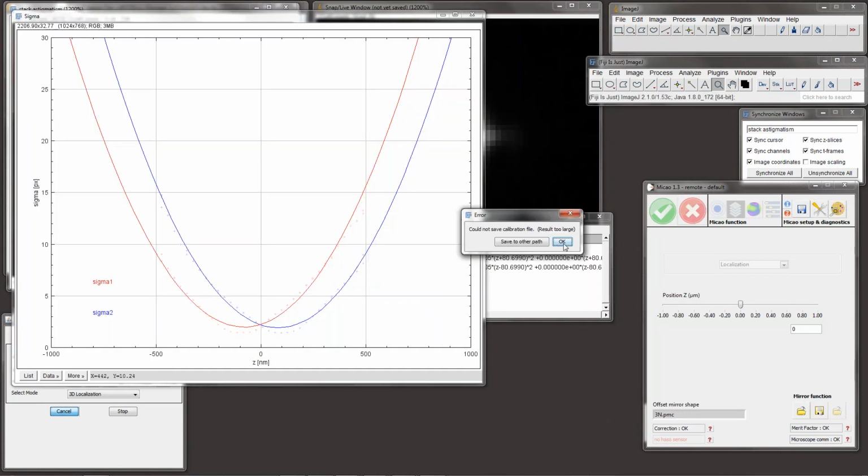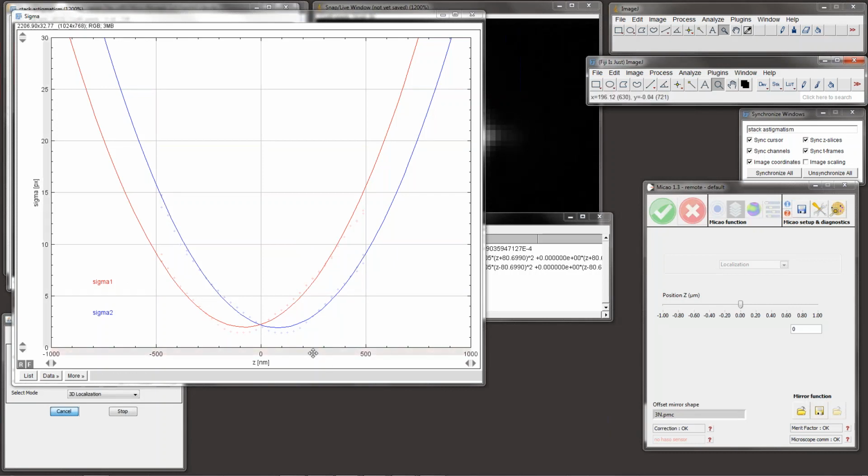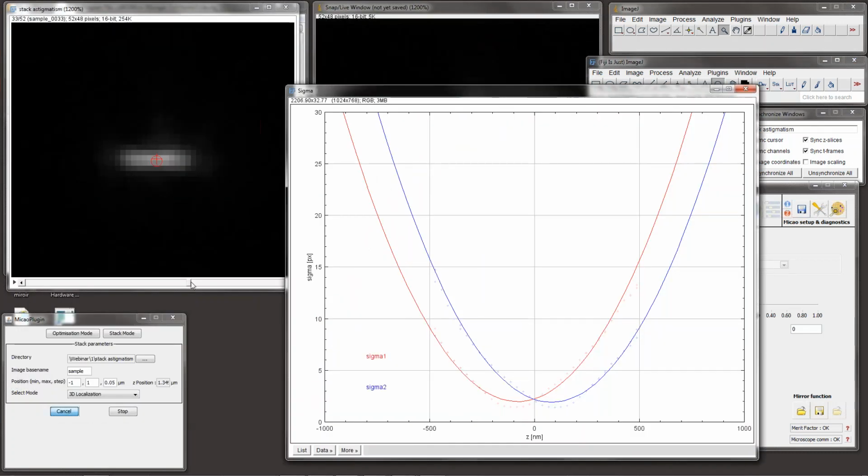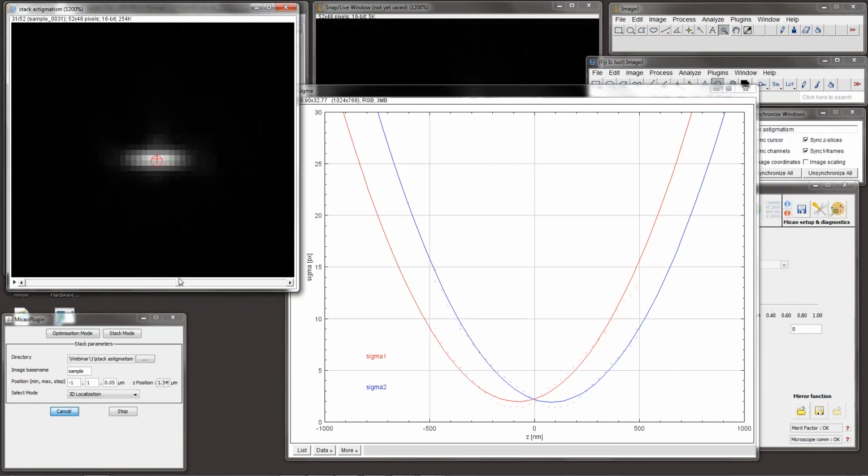And you can see that the calibration curve is very symmetrical. You can use almost 1 micrometer at depth, probably a little bit less. We would also probably recommend to use a little bit less astigmatism because the deformable mirror allows using less astigmatism, and you do get slightly larger Z range and then better localization precision, because the more astigmatism you apply,